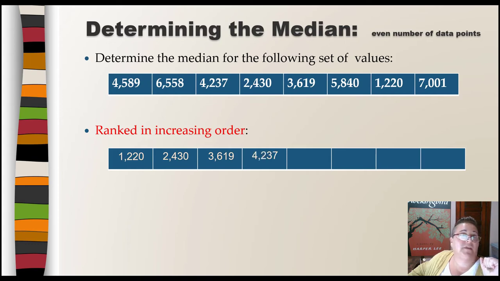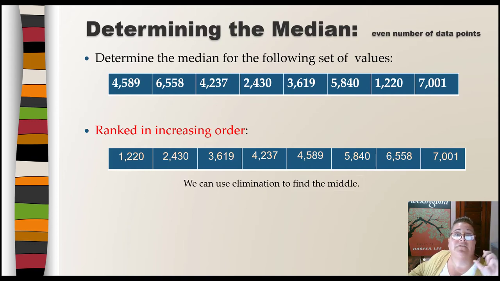3,619, 4,237, 4,589, 5,840, 6,558, and then 7,001. Now, to find the middle, we can use elimination, which means I'm going to go from